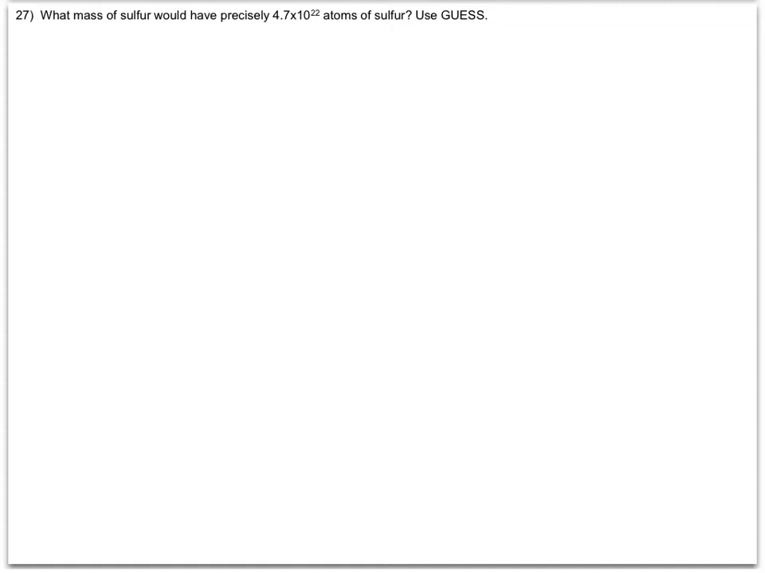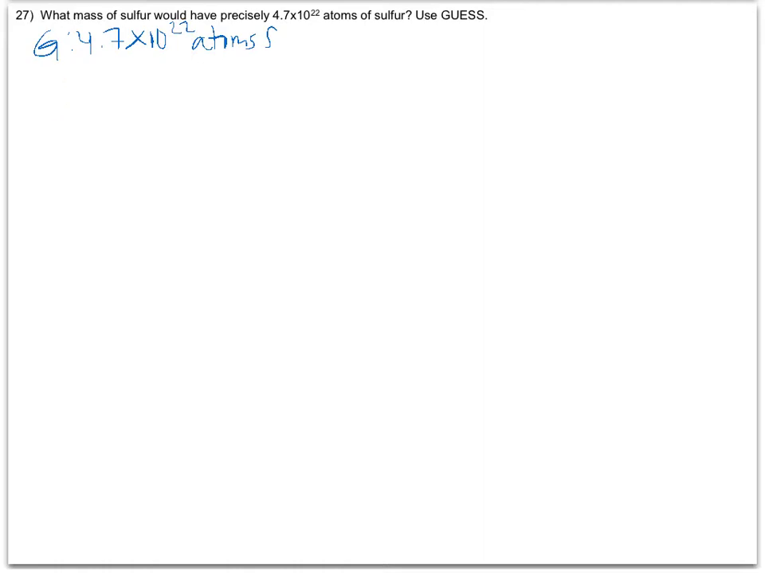Number 27. What mass of sulfur would have precisely 4.7 times 10 to the 22nd atoms of sulfur? Okay, so guess method here. We know that we're given 4.7 times 10 to the 22nd atoms of sulfur, and we know that we're trying to get to